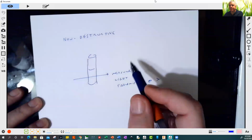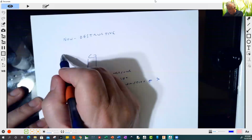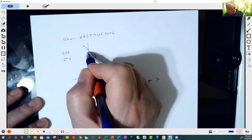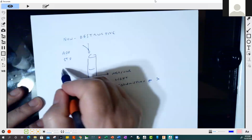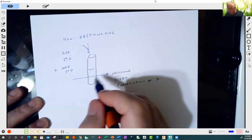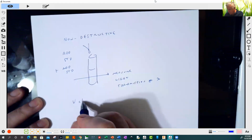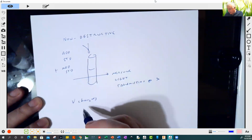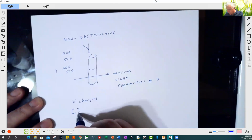And then you add standard to this, and then you add more, and then you get volume changes, and you get concentration changes,